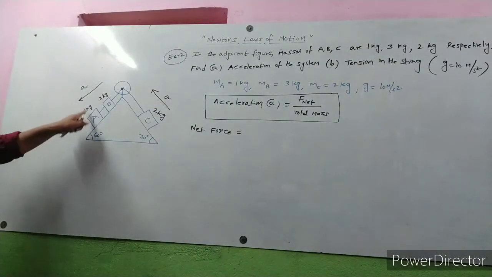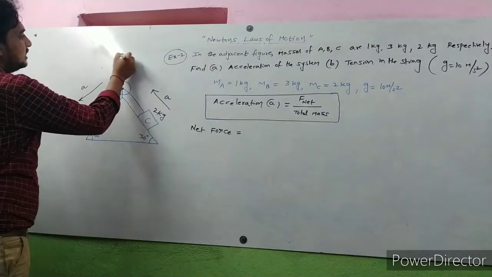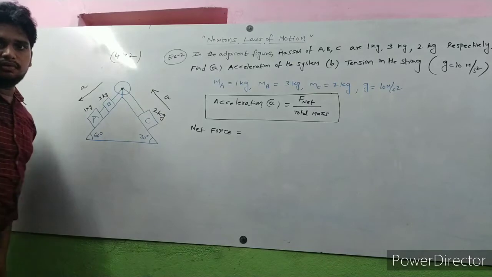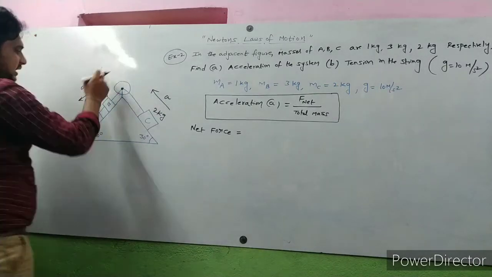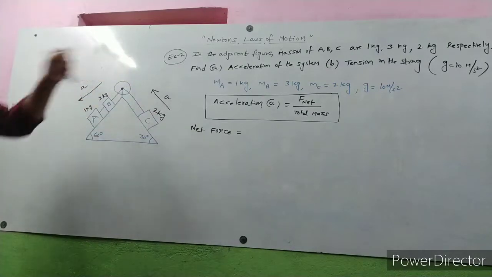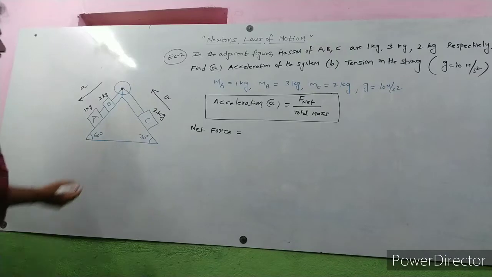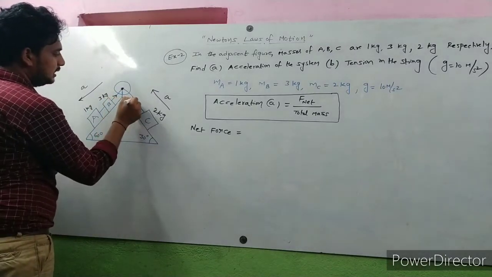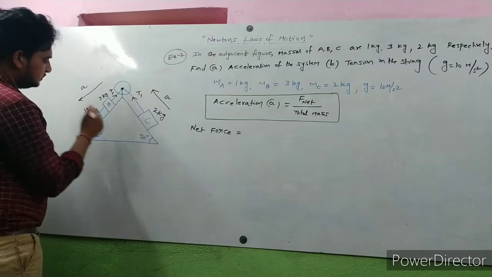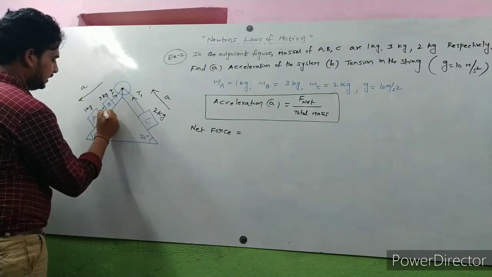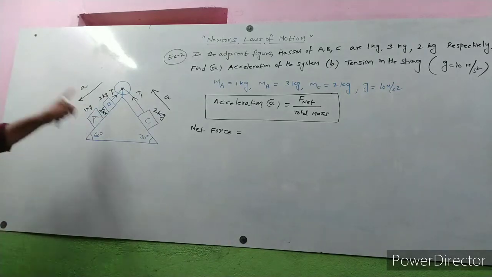Observe, because it is 1 plus 3, 4 kgs, and this is 2 kgs, and 4 kgs is greater than 2 kgs. So the acceleration is definitely in this direction. Observe carefully here, the tension force. Here the tension force is T1, and on this side also T1. Here the tension force T2 is acting. So this is the diagram.